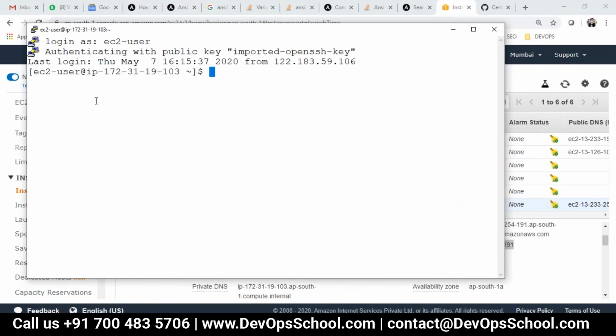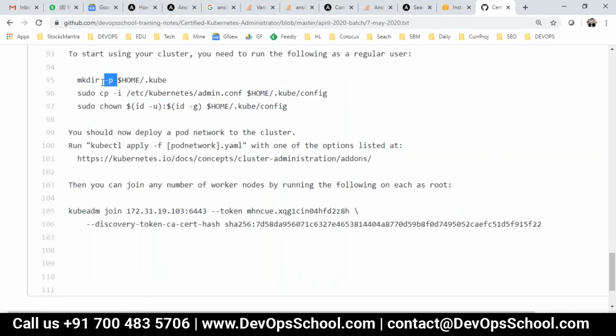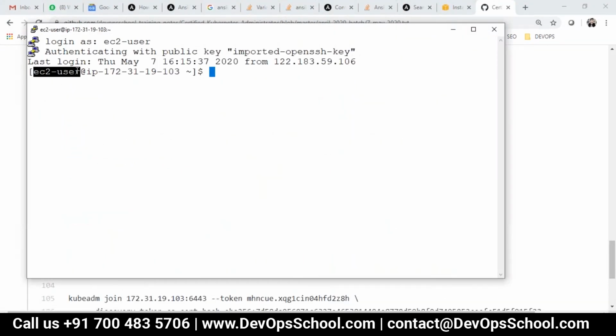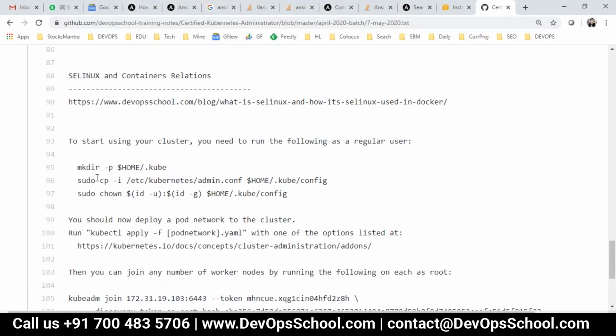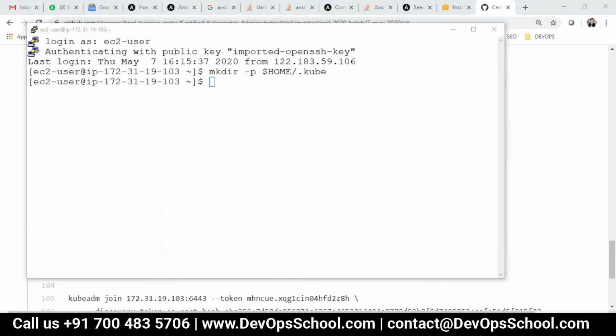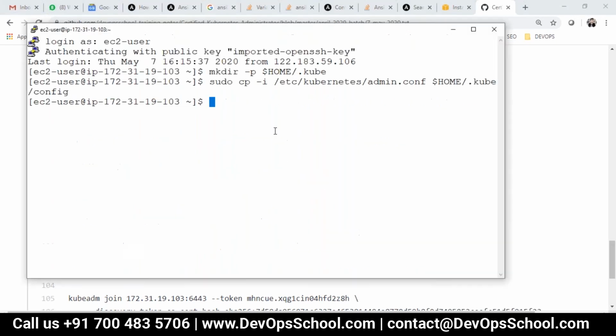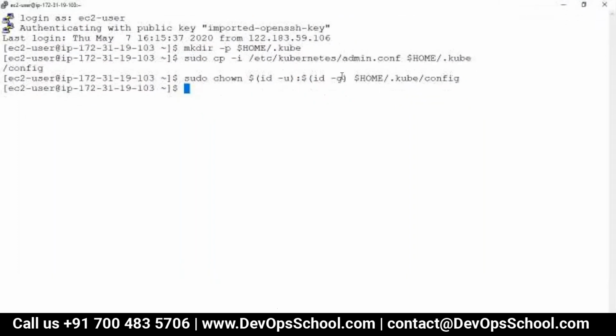Kubernetes master, and then here ec2-user. Now you can do this stuff using any user. Again, I'm saying any user, but be mindful, it should be a regular user. So I've decided this is my regular user, and then creating a directory, copying a file, and giving the permission with sudo. That's all, guys. My workstation is set up. Now you want to know what this config file is. Let me show you and let's prove it.